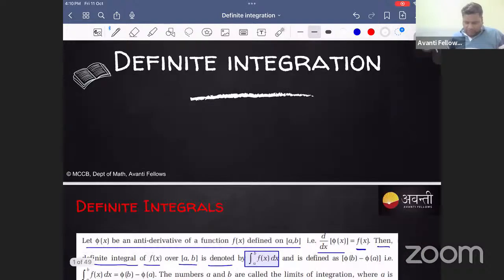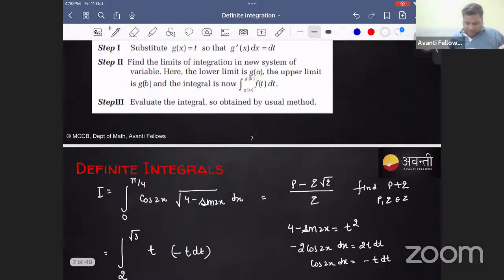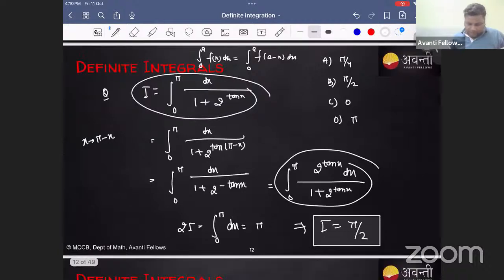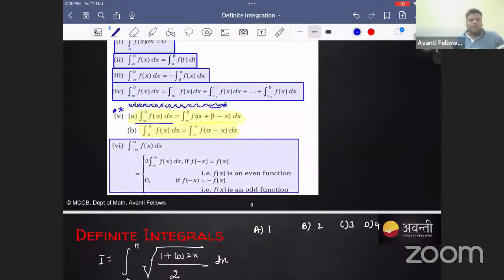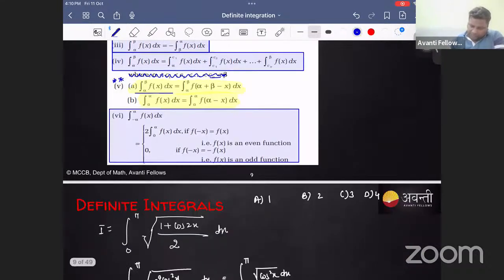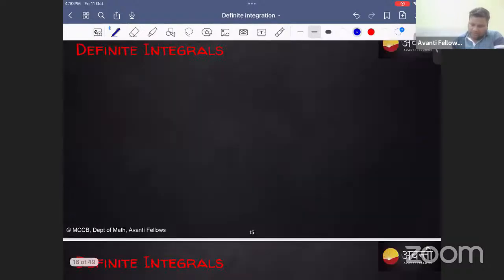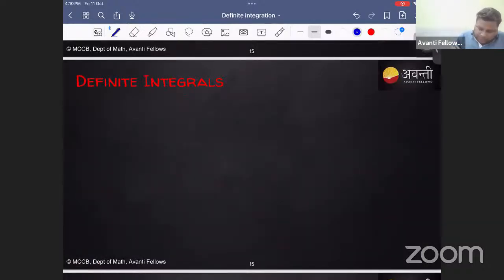So first of all, I would like to explain you what is even and odd function. This property is this one. This property is 6 according to my notes. Got it? But anyways, I'll explain it first of all for you. See, property 6. Then we will do a recall of yesterday's session also. All right. So according to property 6,